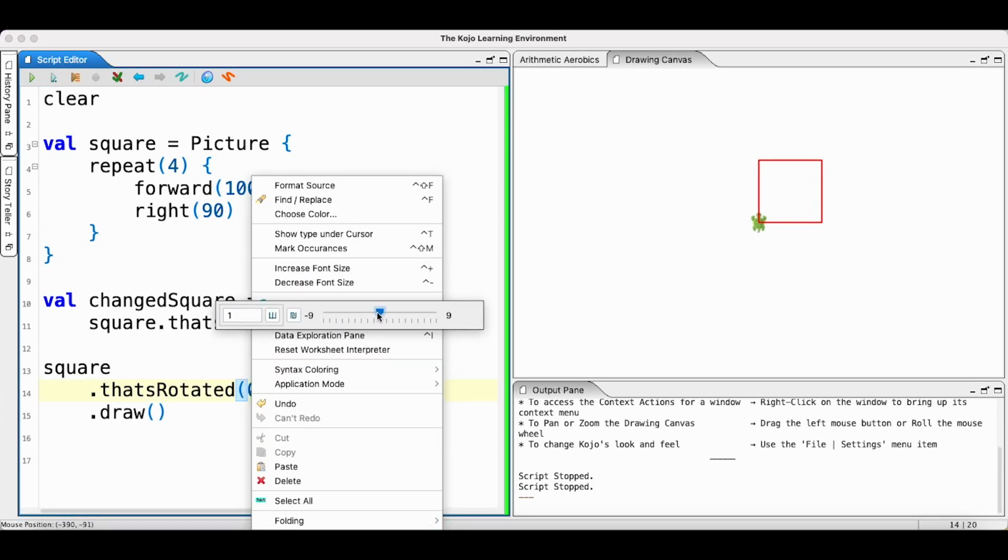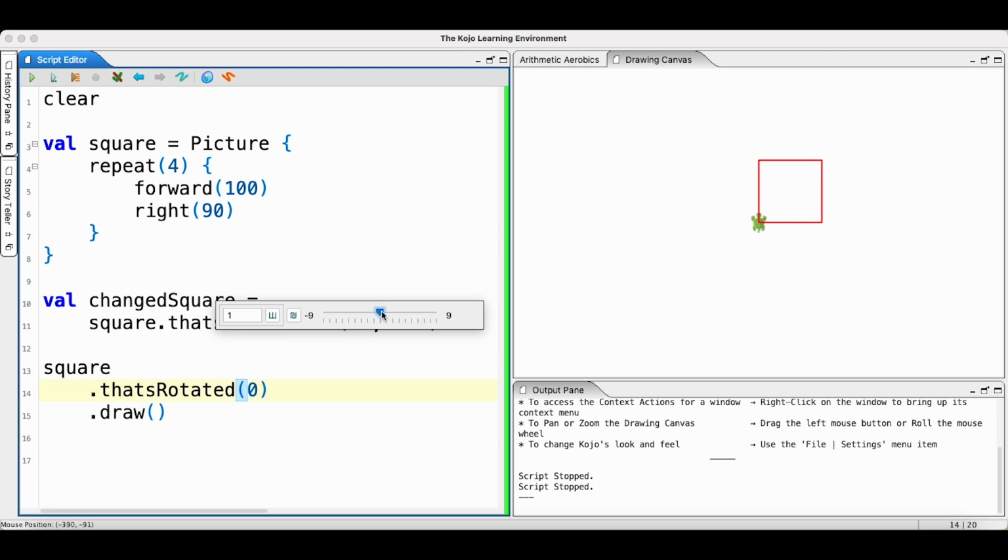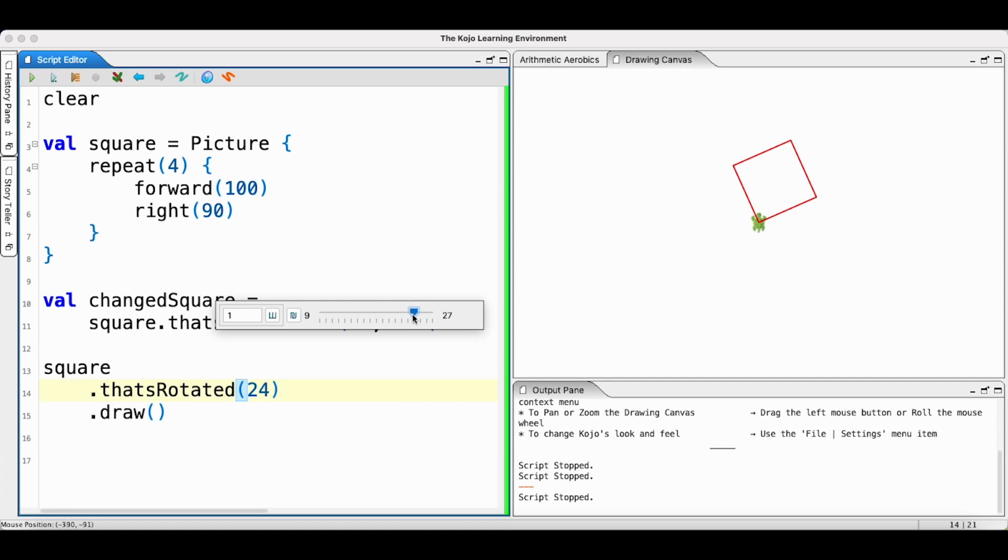Okay. And as I increase the value, how do the angles work in Kojo? Counterclockwise. So if I increase the angle, which direction will it rotate? Counterclockwise. So as I am increasing the number, are you noticing it? And it is rotating around the center. Right now it is not explicitly obvious that it is rotating around the center of the screen, but if I